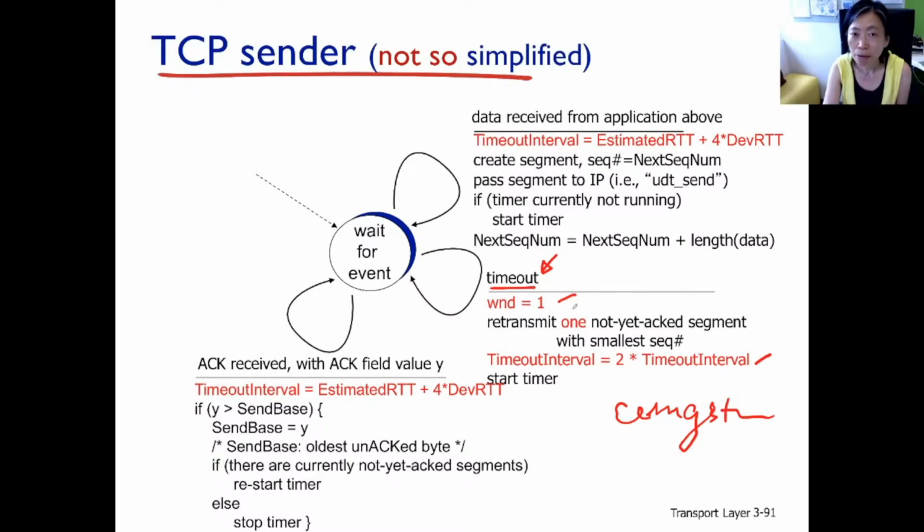So timeout is TCP's way of saying, let's assume now the network is congested. Therefore, let's be very, very friendly to the network. Let's try to slow down by reducing the window size, because when the window size is small, you're sending very slowly. Let's also reduce the rate of retransmission, which is to increase the timeout interval. When it's twice that long, then we are retransmitting at half the speed.